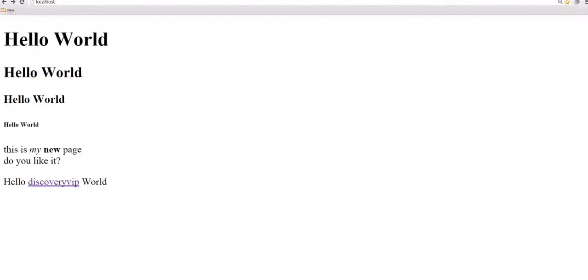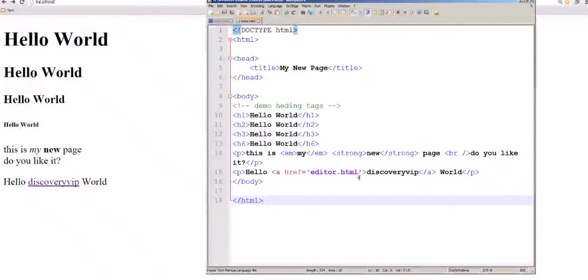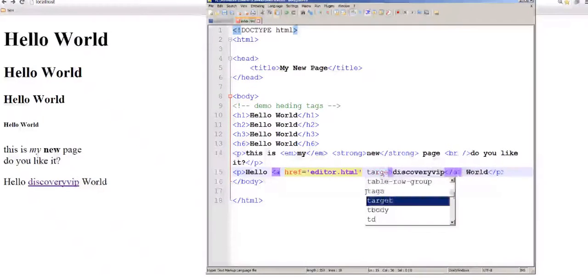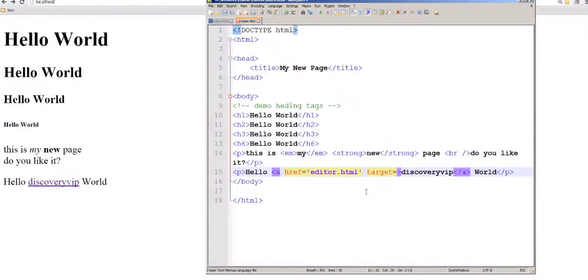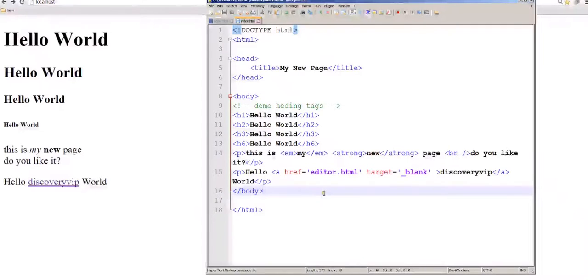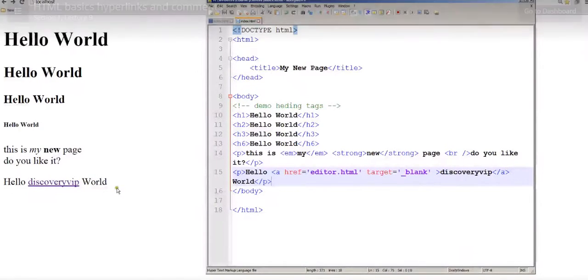Now there's some additional attributes as well that you can specify here. So one of them is specifying the target, and target is going to simply help the browser understand what you're intending to happen once they click the link. So we know that it's a hyperlink, so once you add that href, we know that clicking on this brings you to this web page. But target helps the browser understand how you want the page to be rendered out. So if we don't actually want to have